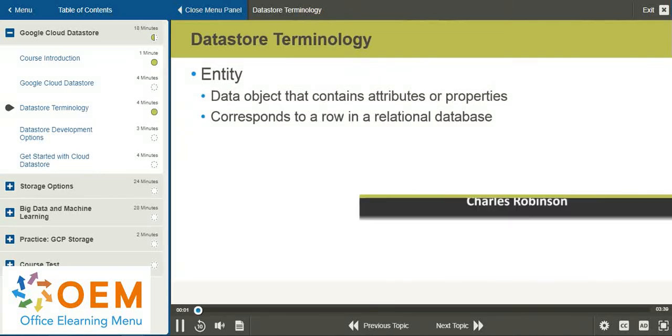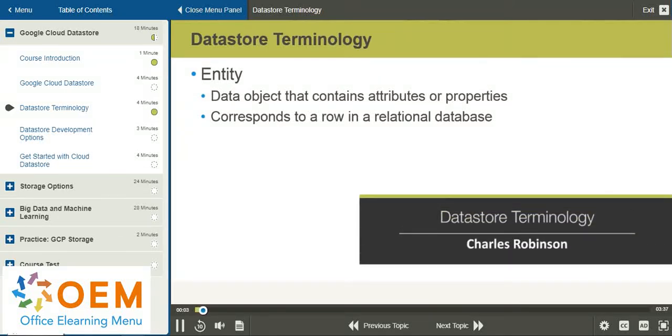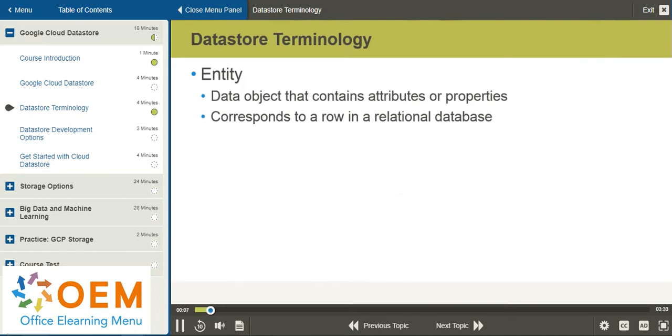In this video, we'll define various data store terms including kind, entity, property, keys, and entity groups. Now, the Google Cloud Platform, or GCP data store service, allows for the storage of data in a high-performance NoSQL database. It makes use of some terms that may be unfamiliar to people who are used to working with relational